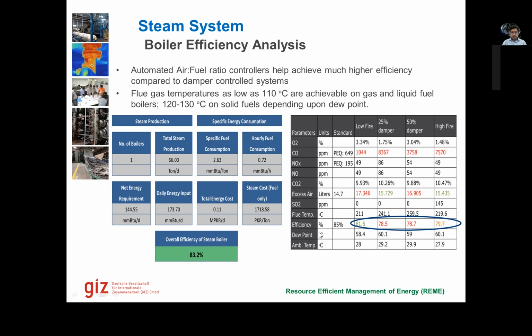efficiency. One question: why is there a difference of efficiency in the left-hand side calculation and in the stack analysis? The thing is that on the left-hand side, it provides us overall efficiency for the total steam consumed and the total energy in the fuel. On the right hand side, it is only providing combustion efficiency